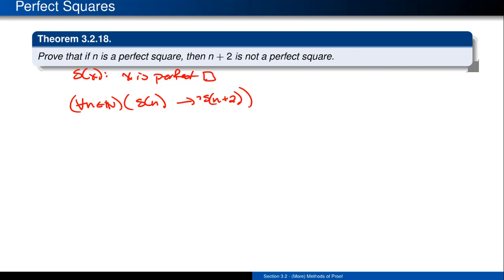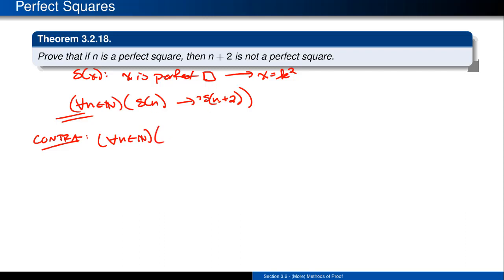If you think about it, it's kind of easy to know what it is to be a perfect square. If x is a perfect square, then x is some k squared. But it's hard to show something is not a perfect square. So maybe you're tempted to initially look at the contrapositive of this statement, because I don't want to deal with this awkward conclusion that says not a perfect square. The contrapositive would say, for all positive integers,